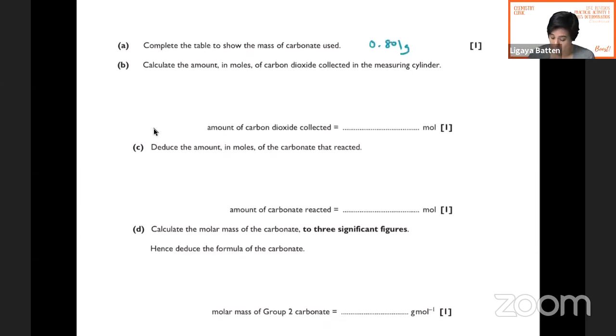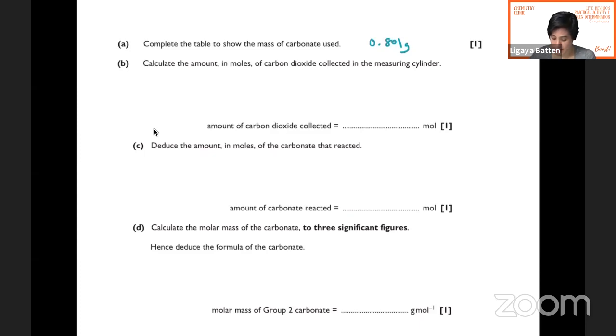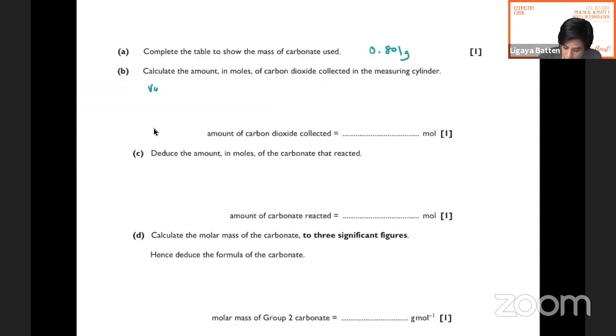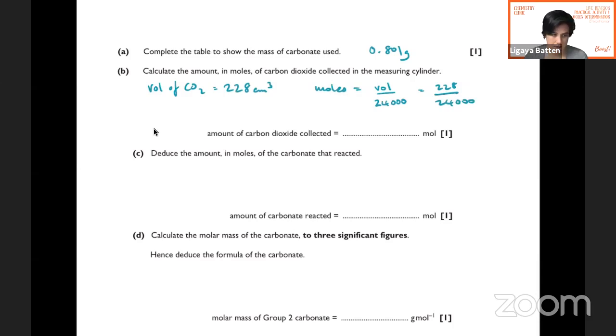Calculate the amount in moles of carbon dioxide collected in the measuring cylinder. Okay, so we were given a volume of gas, 228 centimeters cubed. So volume of CO2, 228 centimeters cubed. So using equation 3 from the start, we can work out the moles from the volume of gas. So moles equals volume divided by, and because we've been given the volume in centimeters cubed, I'm just going to write 24,000 here instead of having to do an extra conversion. So we have 228 divided by 24,000, and that gives us